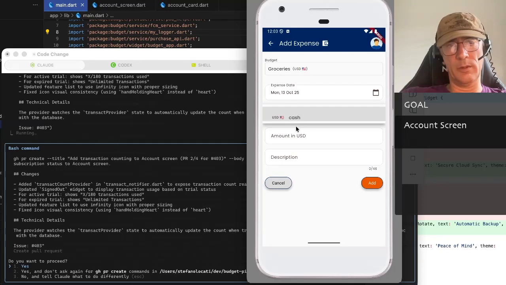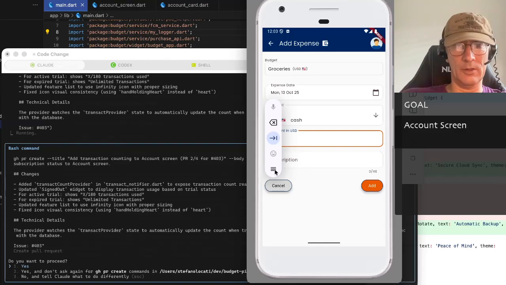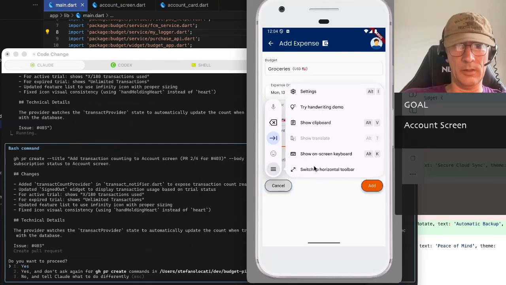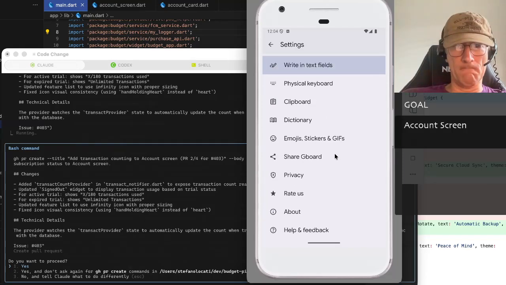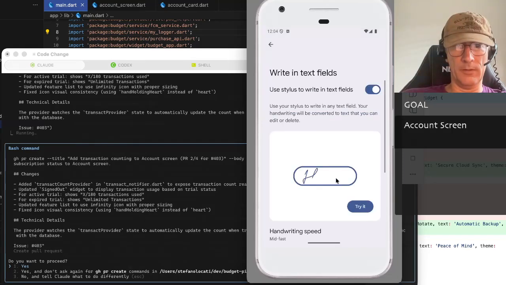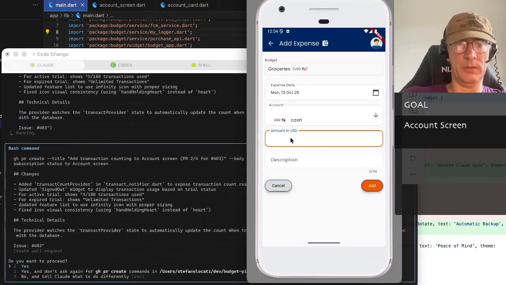Expense is... Oh God, I hate that thing. Every time I disable it. There is a way. Settings, right in text fields, remove that. Terrible. Okay, removed. On my next run, I will probably forget it. That's so annoying. Yeah, amount